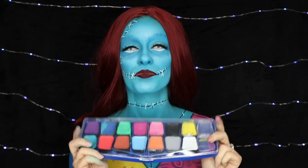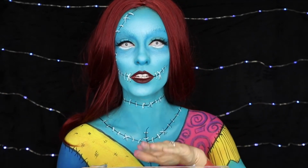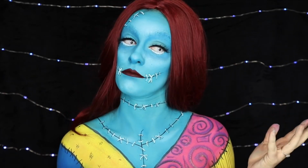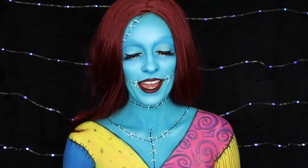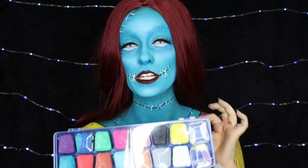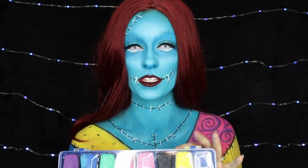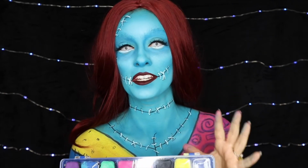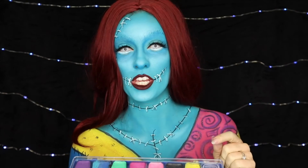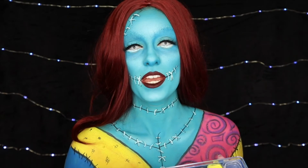Okay, guys, so this palette, I will say, I wouldn't personally choose it for myself, just because I already have a ton of paint. Anyways, I would actually highly recommend this for people who are interested in going into face painting or body painting or any kind of makeup and painting like that. I would actually highly recommend this palette. It's so cheap. I think it's only $22. It's on Amazon, and